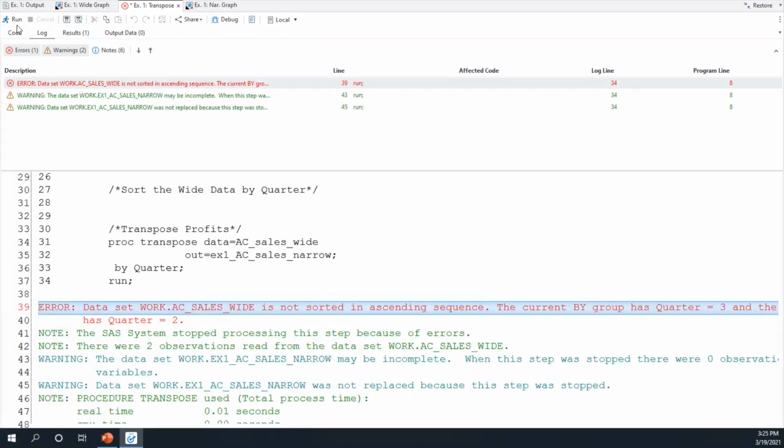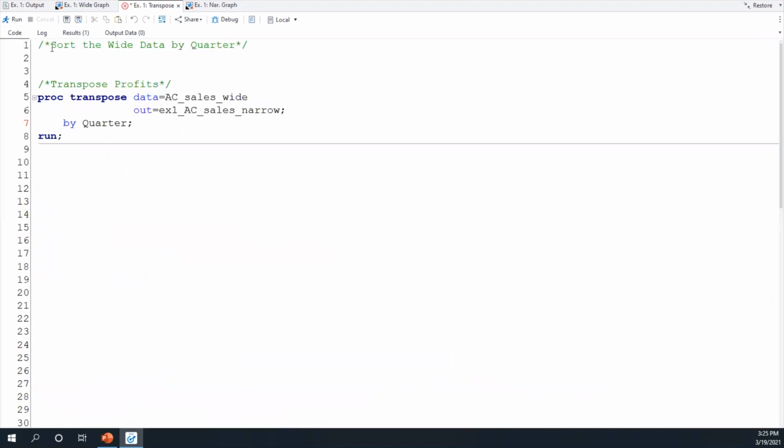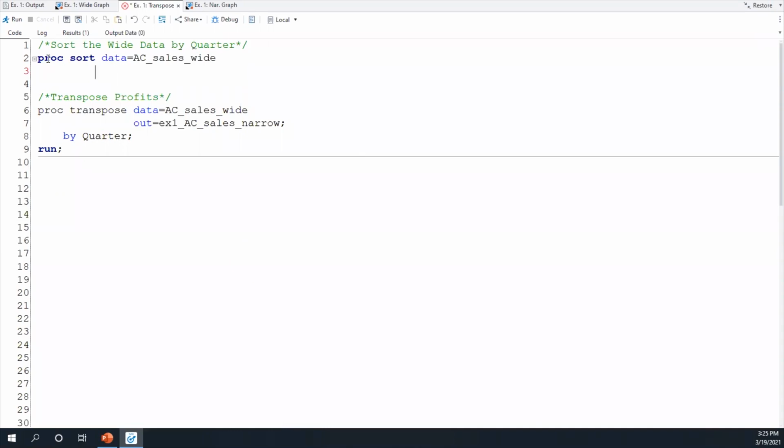So let's go back over to our code and add in a proc sort step to sort the data by quarter. So a proc sort statement, the input table is going to be AC sales wide. And then I'm going to create the output table as AC sales wide sort.